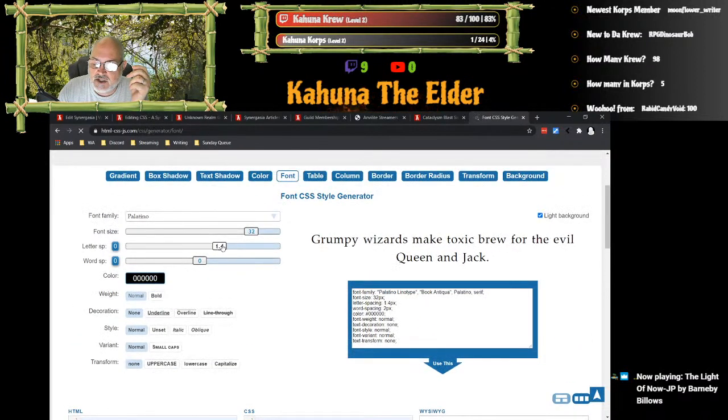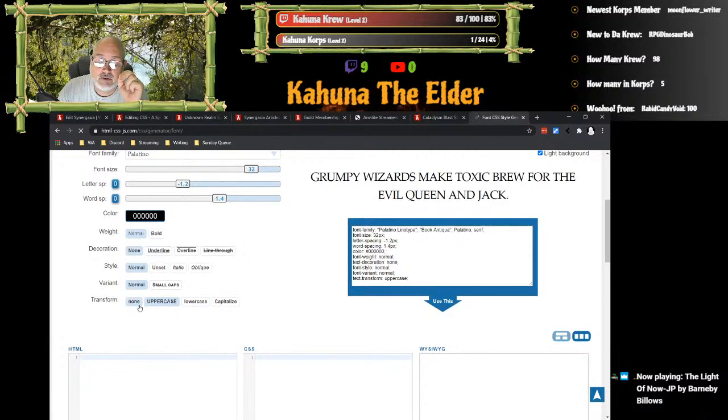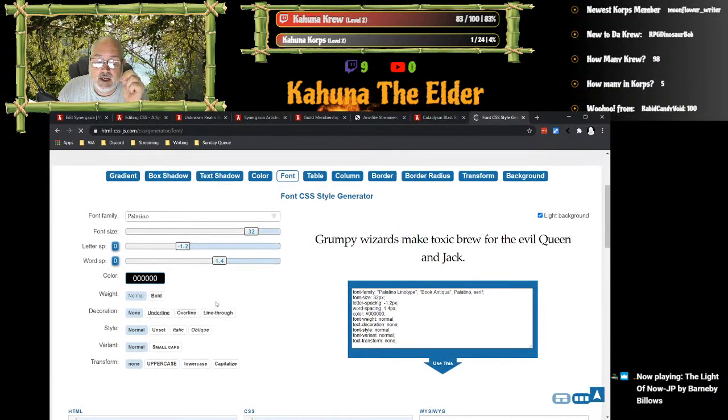It can let you change the letter spacing, the word spacing, normally considered kerning. Well, technically, letter spacing is kerning. You can do transforms. And you can even change the color.